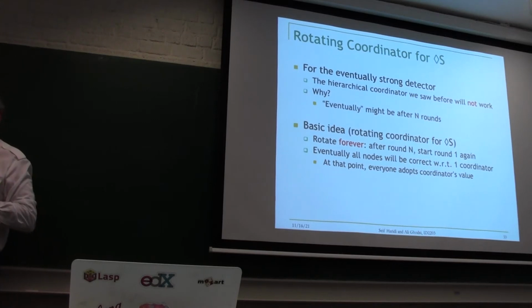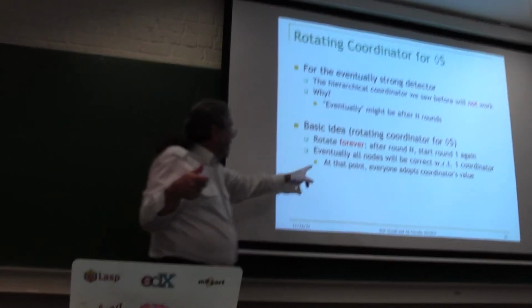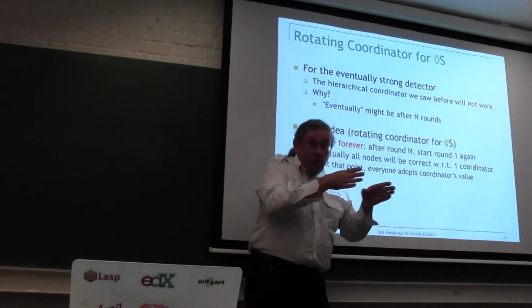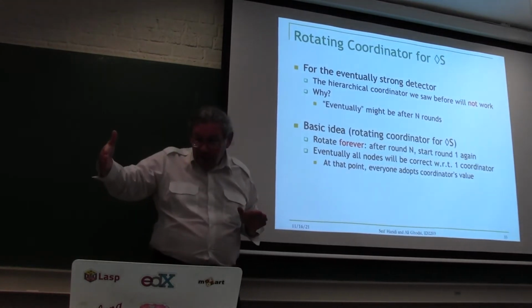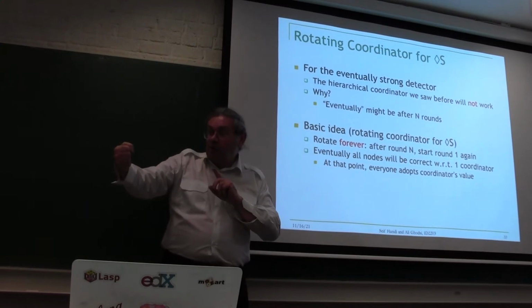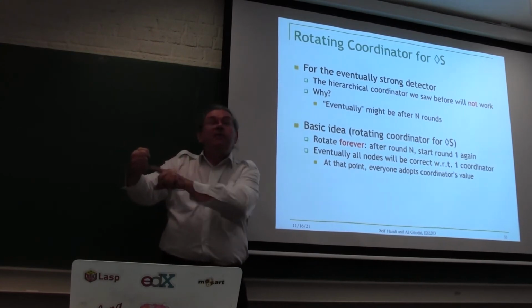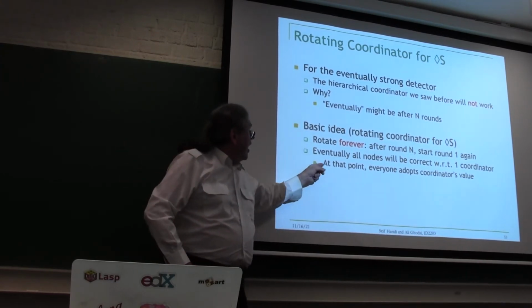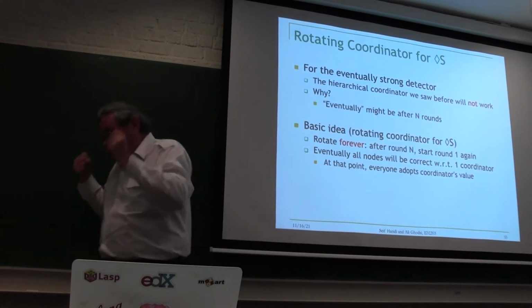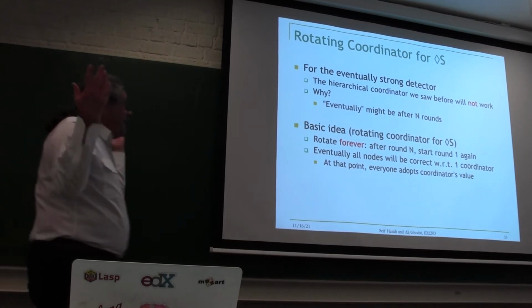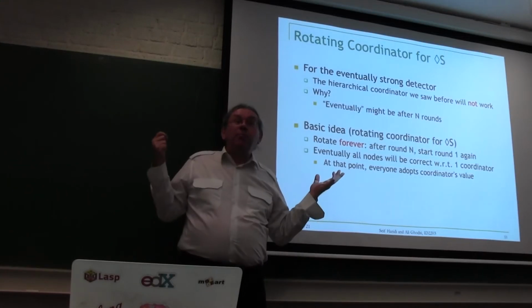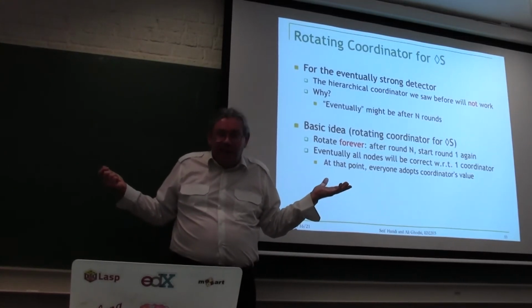You see that? Of course, you don't know when that's going to happen. So you see the point? At that point, somewhere in the future, where we don't know when, this one node, everyone will see it and not think it's crashed, and they will get its value, and from that point onward, they will all have the same value. And that's great. But the problem is we don't know when it's going to happen.